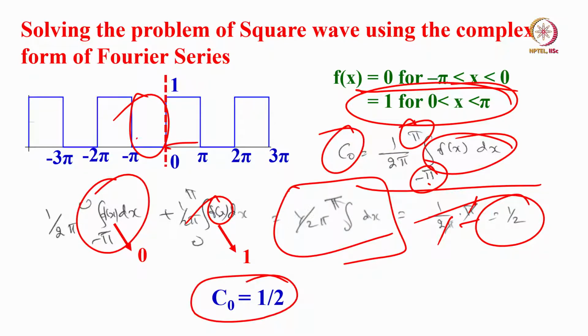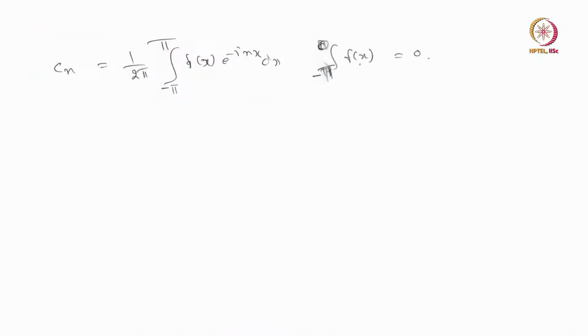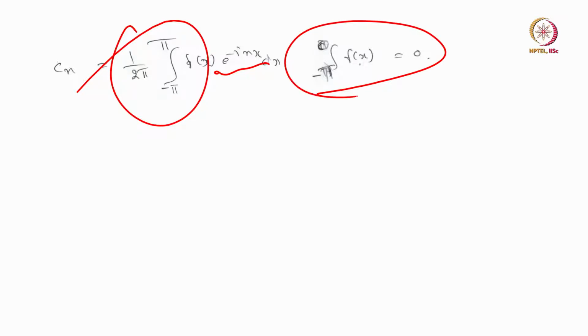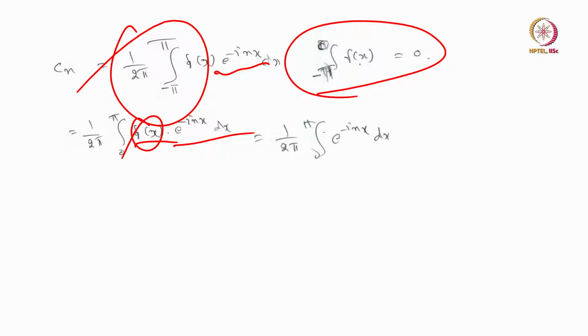What are the other things we have to do? We have to work out now C of n and C of minus n. So, C of n, I already told you, take it from minus pi to plus pi, f(x) e to the power of minus inx. Again we know in this range, the integral from minus pi to 0, for this function f(x) equal to 0. You do not have to consider that. Consider only from 0 to pi, f(x) e to the power of minus inx dx. And if you write like that, of course this value is 1 in this region. So, it turns out to be just 1 into this one. I did not write 1, but it is all simple integral calculations. Integral calculus, I guess you all know this.